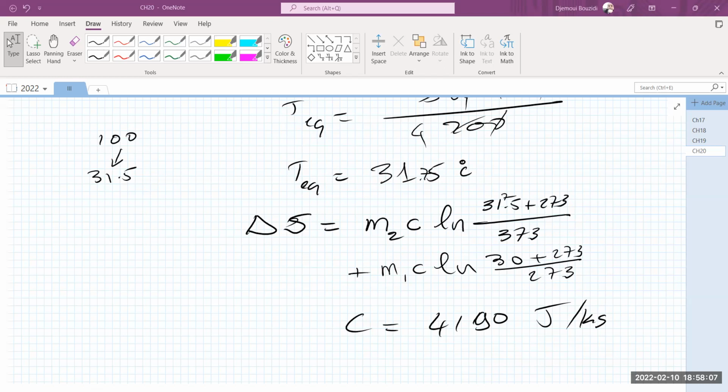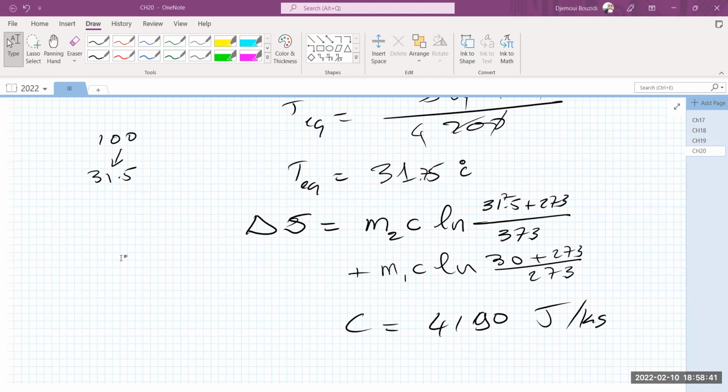So it's 4,190, open parentheses. The first one is M2, which is 5 times ln. In mathematics, it's called log, okay? In the base of 10, you have to use log 10. So open parentheses of 31.75 plus 273